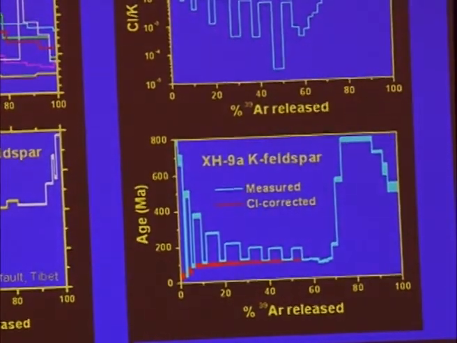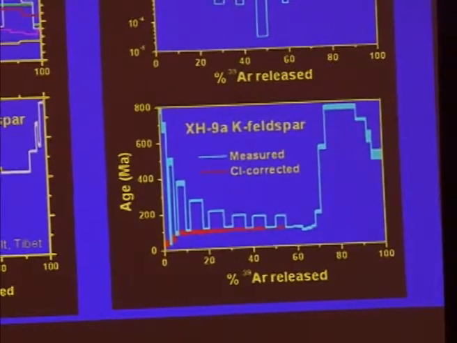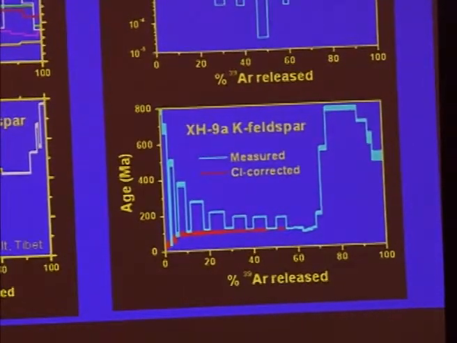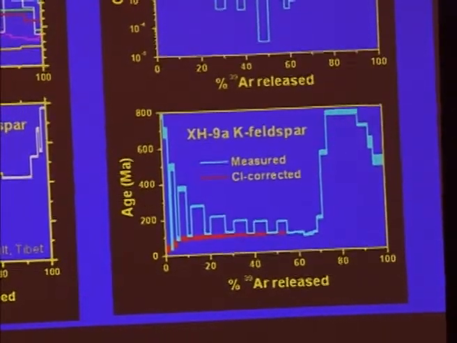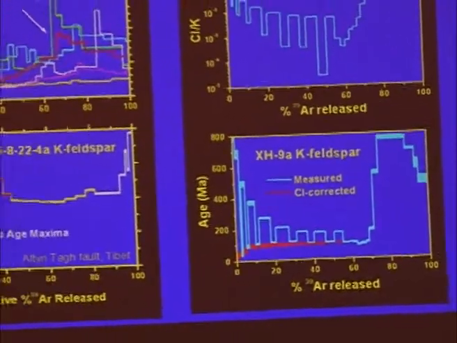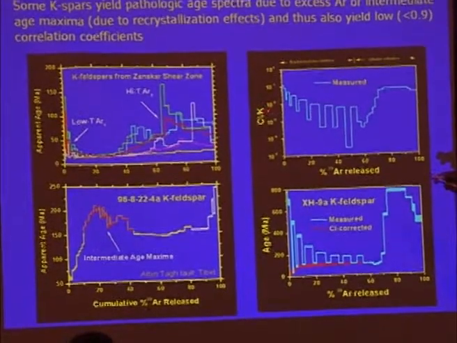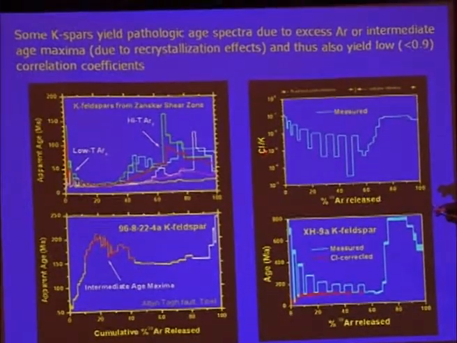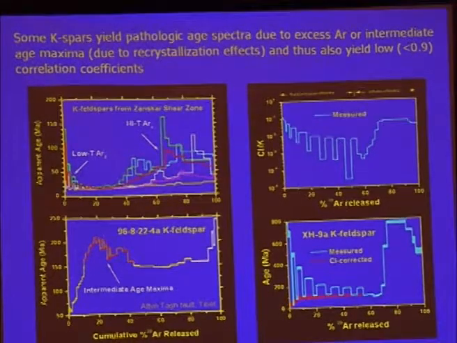In fact, when we irradiate the sample, we're actually making all kinds of nuclear reactions when we hit this thing with fast neutrons. One of them is a reaction on chlorine that produces argon isotopes, argon-36 and argon-38. And we can capture that. And I mentioned to you that argon-39 is a measure of potassium. So we can look at the chlorine-potassium ratio in our sample, step heat it, and you see